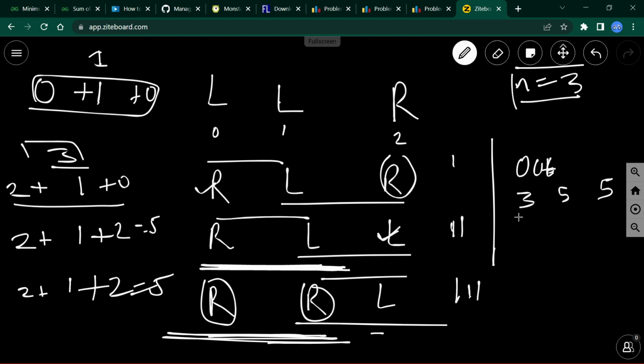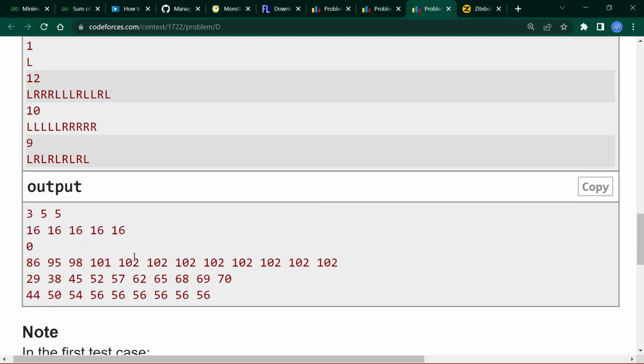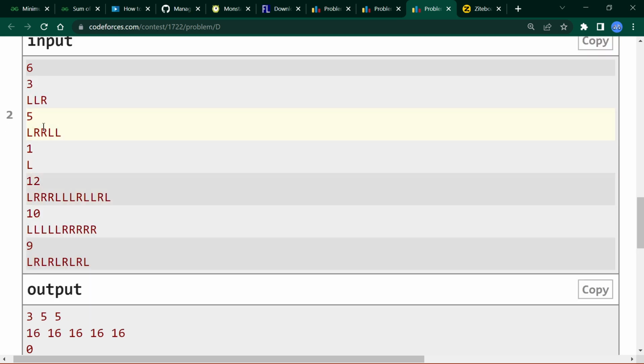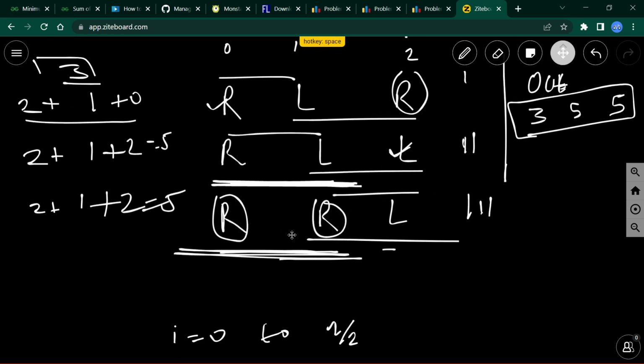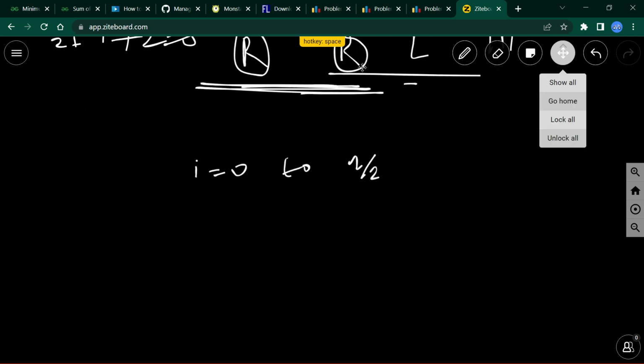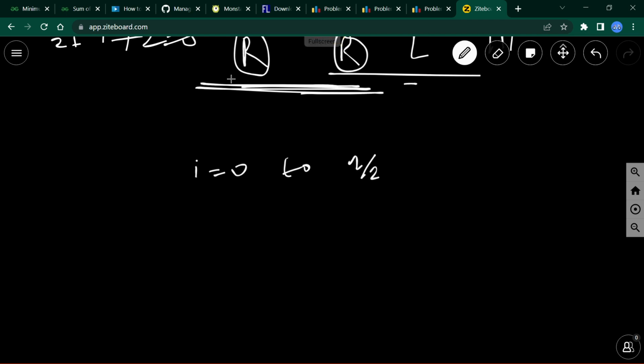Okay, so in this case your output will look like 3, 5 and 5. So this was the smaller input, so we will do this. Otherwise, for the larger input, how can I implement this? For i equals 0 to n by 2, I will check if, to make the sum greatest, our array